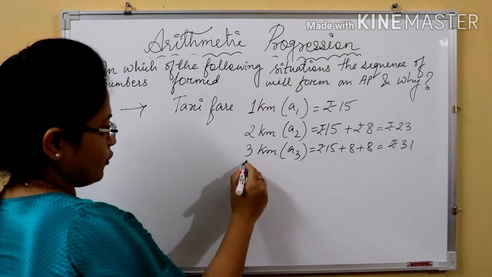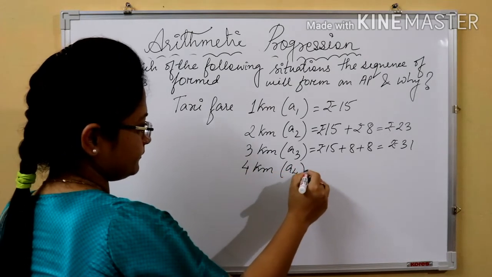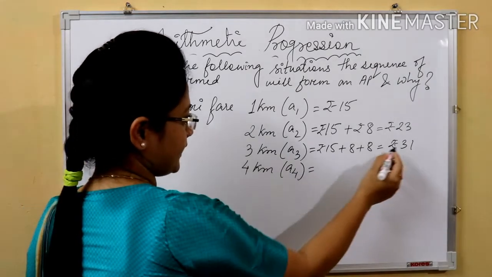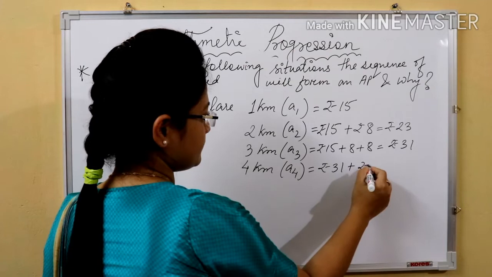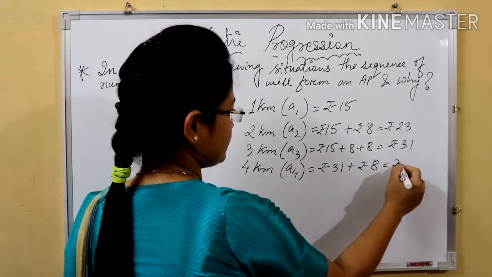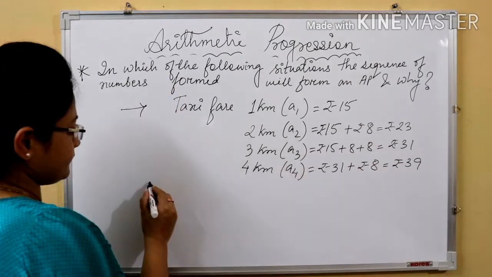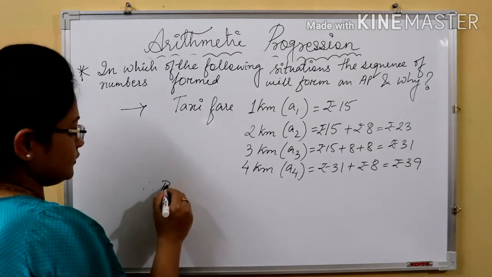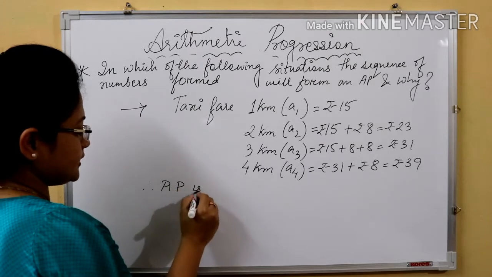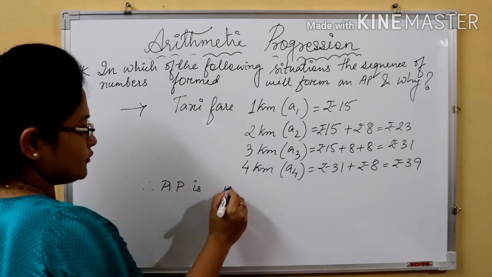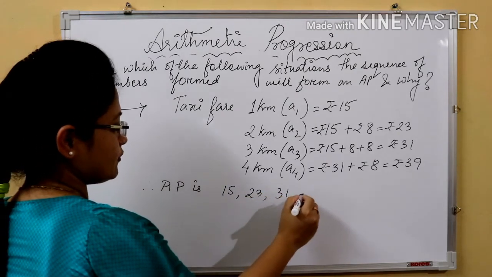So same way, if he goes 4 kilometers, that means our fourth term we can write directly here: rupees 31 plus rupees 8, that means rupees 39. So we got the required AP here. The AP which we got here is 15, 23, 31,